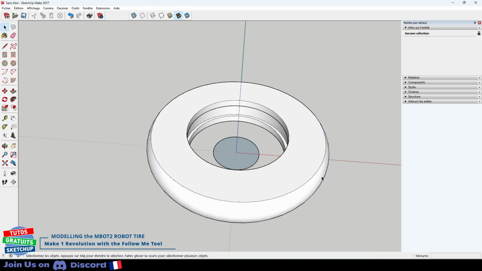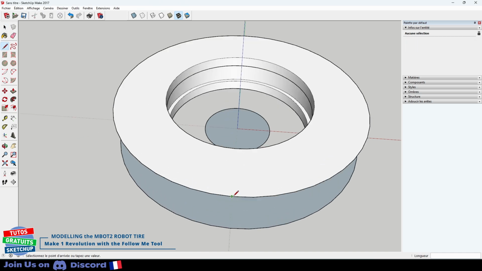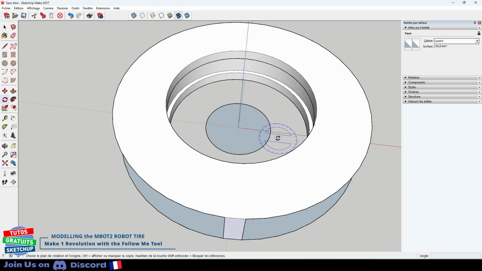The tire is curved. In general it is rather flat. I delete the surface. I take the line tool. I draw a line from this point to the same point opposite at the bottom. I do the same for the height. I select the face. Like before, press the Q key, Ctrl, from the center, from this point to that point. Multiply by 47, I confirm.